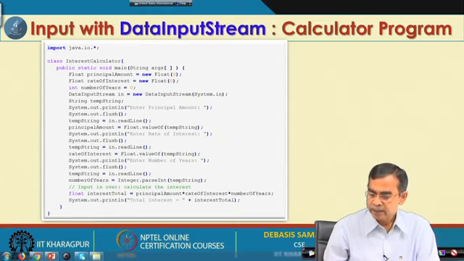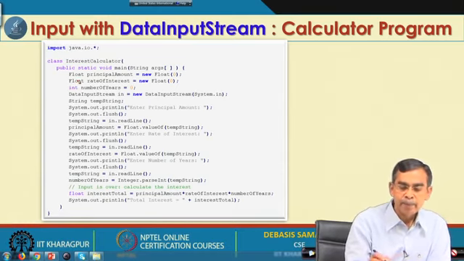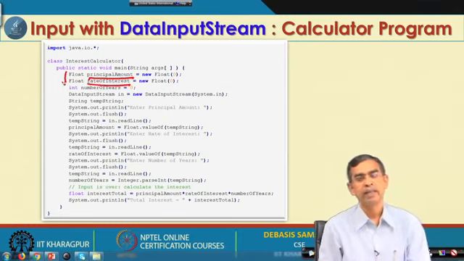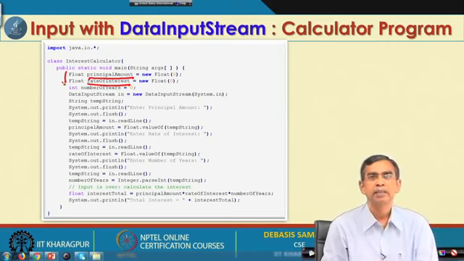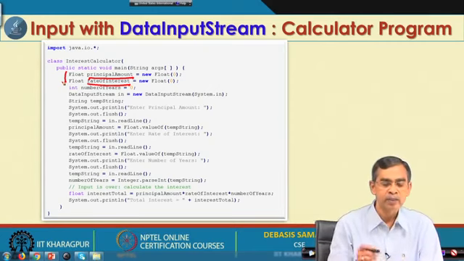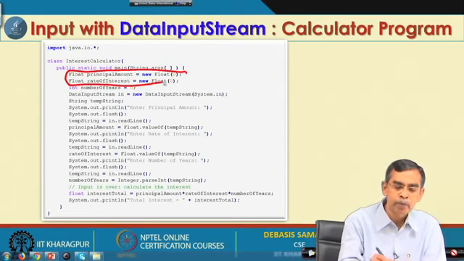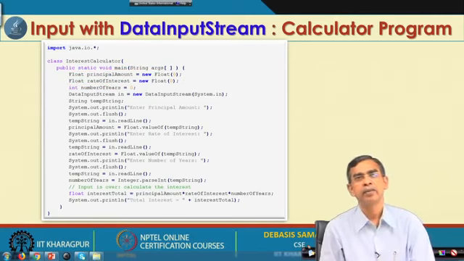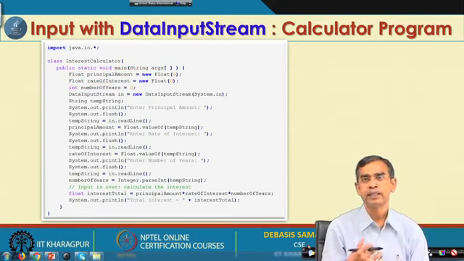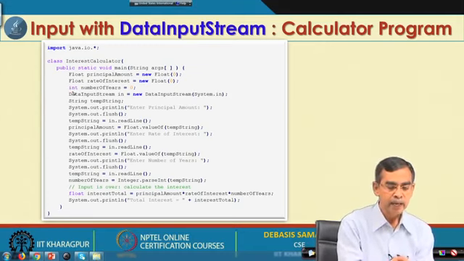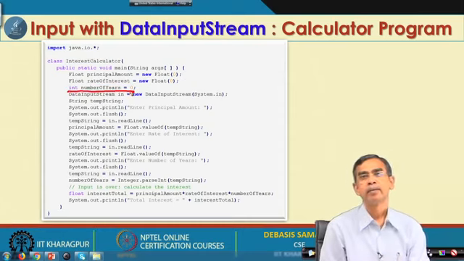Now, let's see how we have written this program. Here we declare two float objects for the principal amount and the rate of interest, because they are float type. This is a new way of declaring a float object. Otherwise, you can simply declare it as a float type or double type, and in that case it can also work. Anyway, this is a new technique, a new way of declaring a float object in Java. You just learn it; later on you will understand many things about creating objects. So, this is one way of creating a float object.